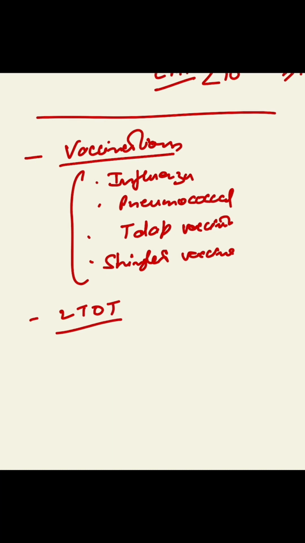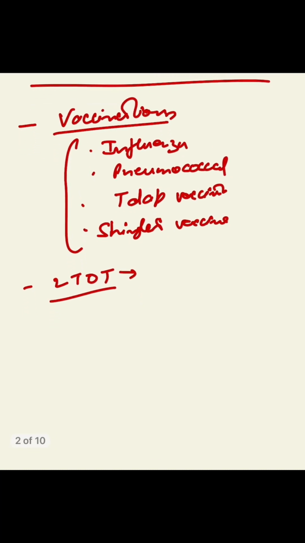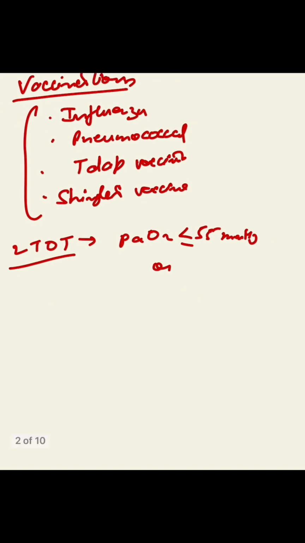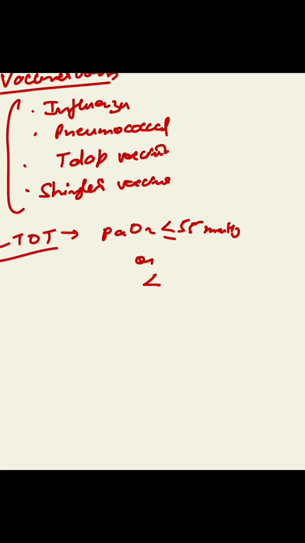and also the option for LTOT, that is long term oxygen therapy at home. At home we have to advise long term oxygen therapy for those patients in whom the PaO2 is less than or equal to 55 mm of mercury, or if it is less than 60 mmHg with cor pulmonale or secondary polycythemia,